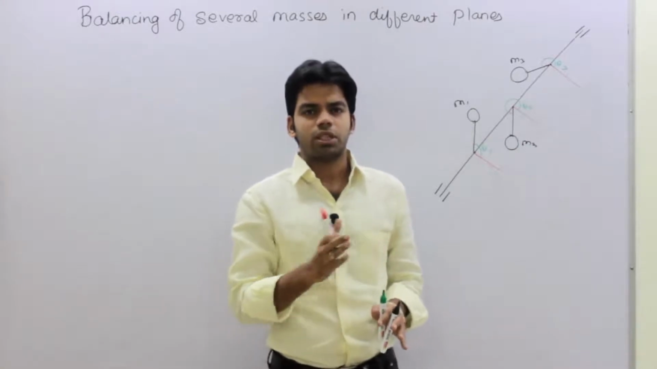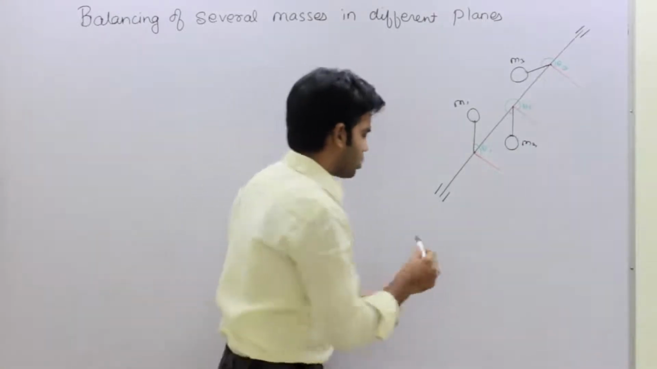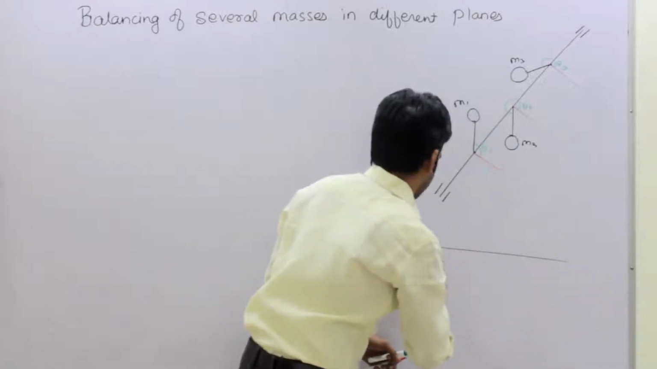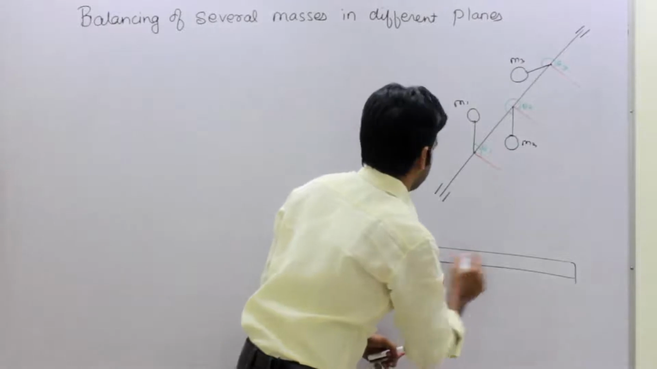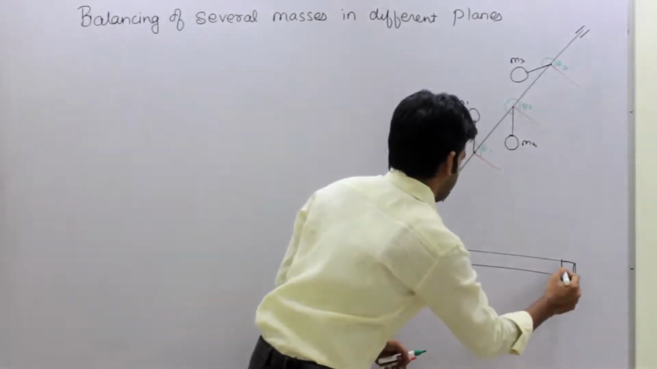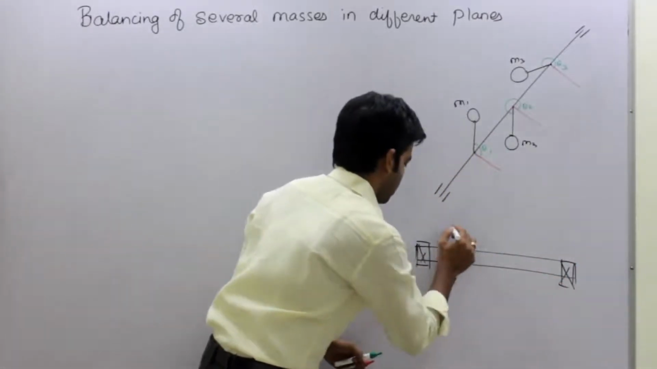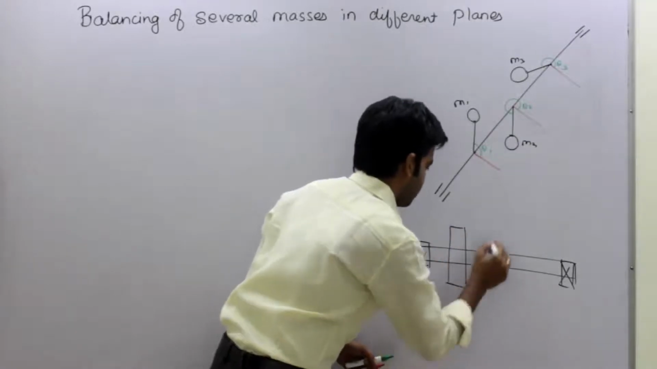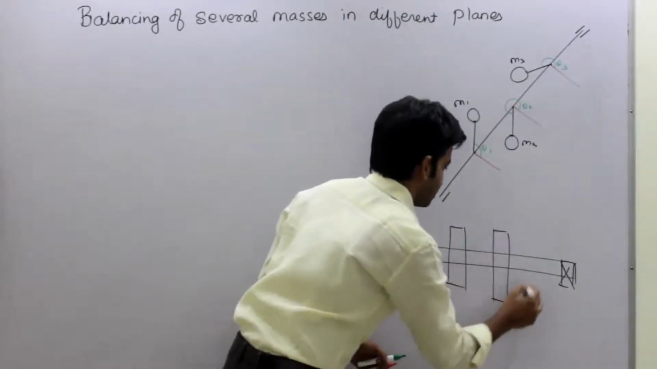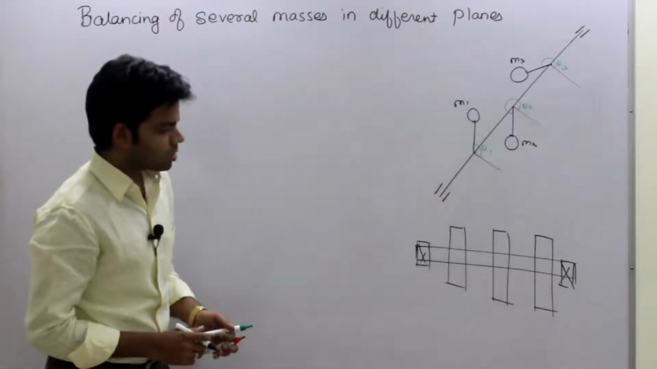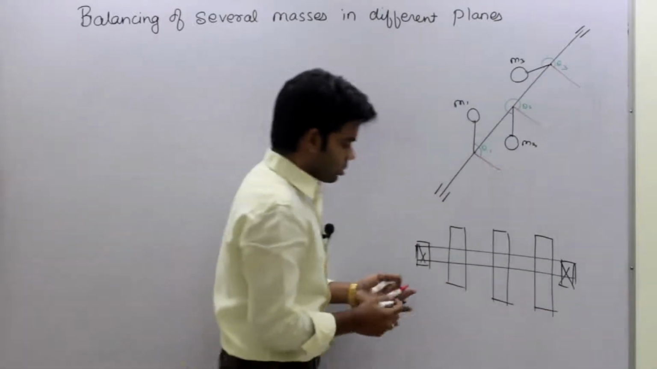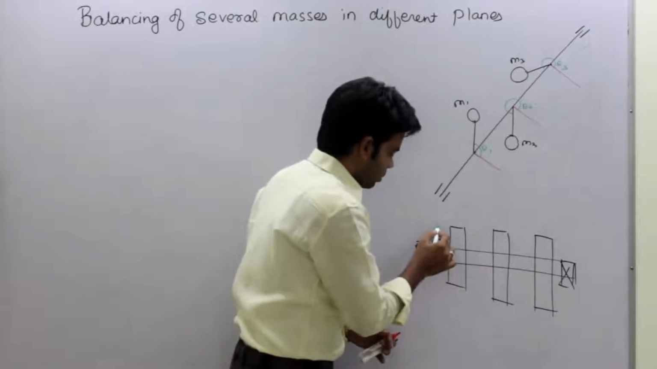Okay, so initially we were having three rotors like this. These are two bearings, and we were having three different rotors in which we had masses at different locations. Getting this or not? Okay, so what we have to do now is